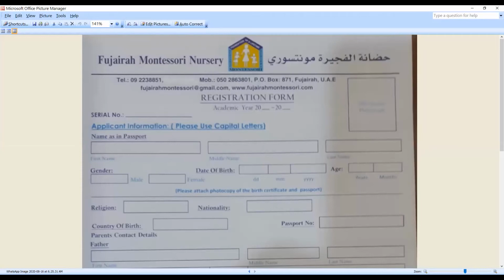Can you see now? Still you're not able to see the screen? Slide your screen. What is the current status of the page, miss? You can see the registration form? No, ma'am. Just keep sliding your screen.